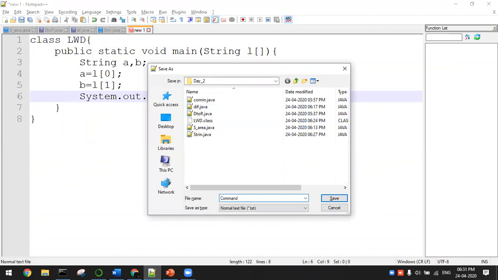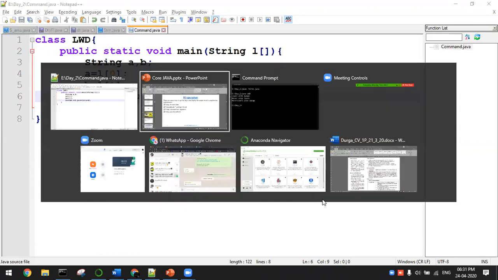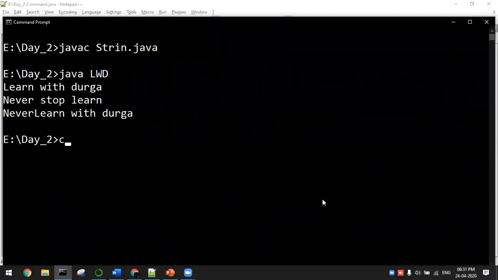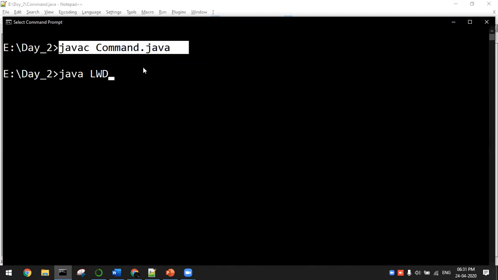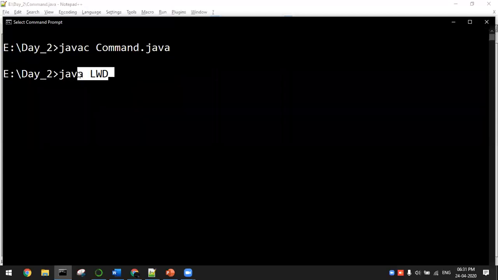as command dot java. Javac command dot java. So if I execute the file without giving any input, this is how we'll be doing. After compiling your program file, you'll be directly executing your class. During a command line argument, if you're not giving any input in this line and you directly enter,